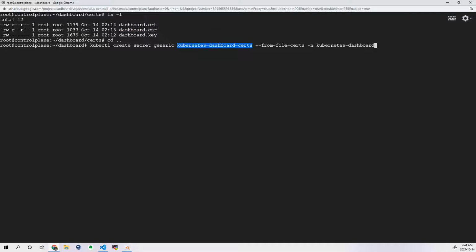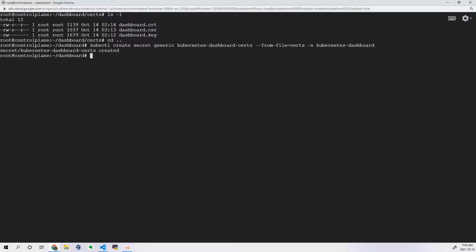With the name that I had deleted, I need to create a secret. In that secret there will be data: the cert, CSR and key. Actually CSR is not needed, but still, let it be like that. Now this secret has been created in the namespace called kubernetes-dashboard.